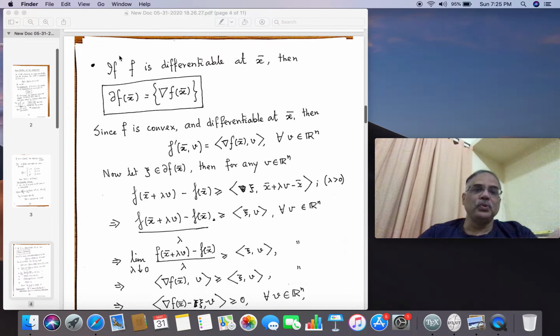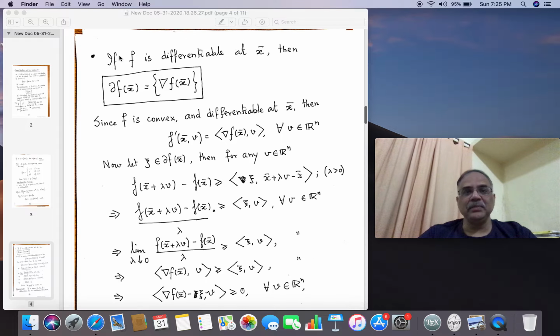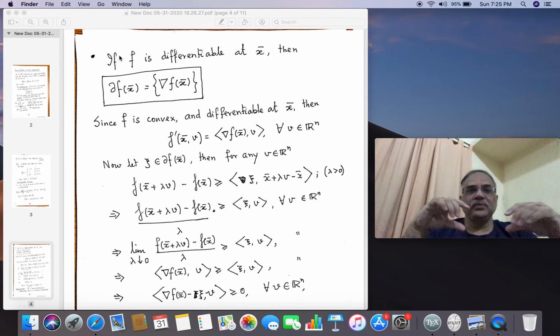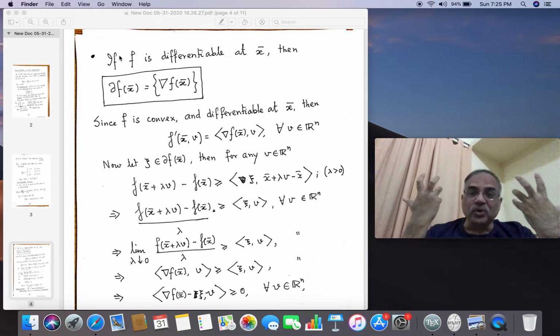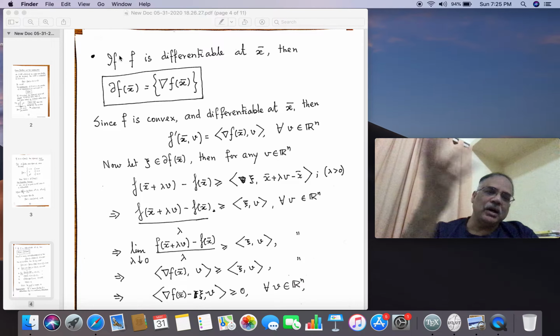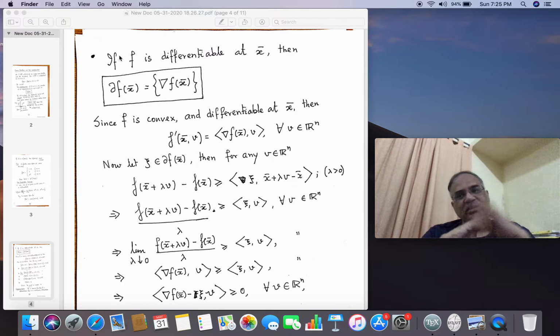But you can actually prove it. It's very simple, because if it is differentiable at a given point, the directional derivative in any direction is expressed as the gradient at that point in a product with that direction. This is a fact you know from vector calculus. It is nothing extra for convex analysis, but this is our standard right-hand-sided directional derivative, the directional derivative of a convex function.